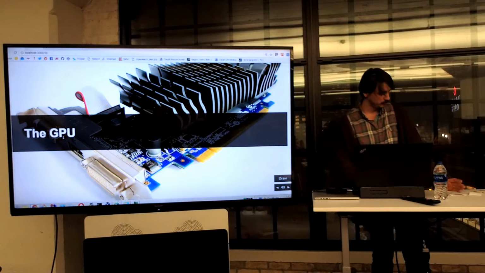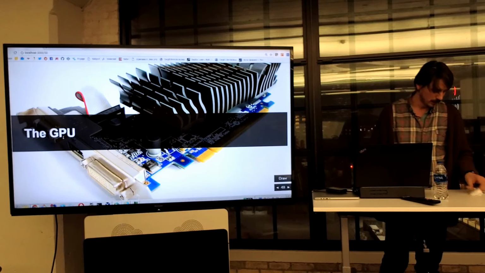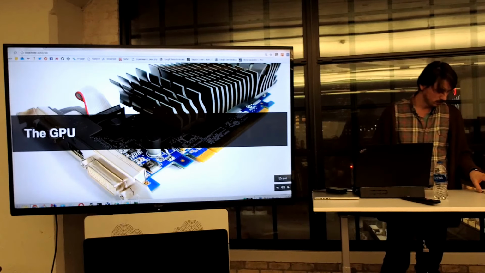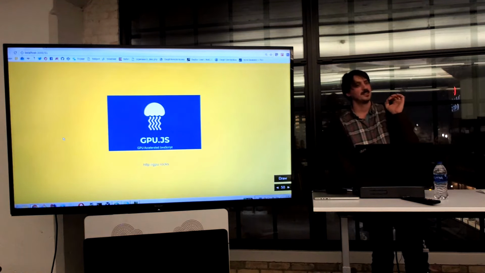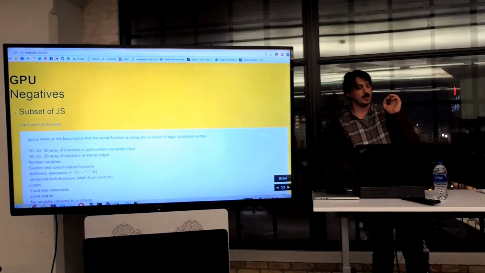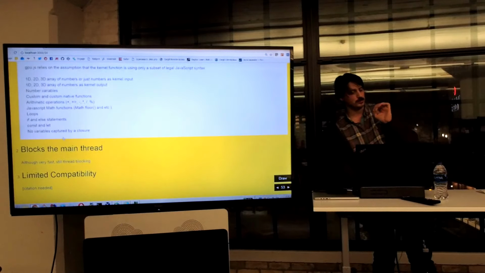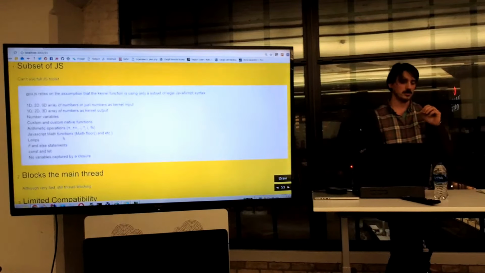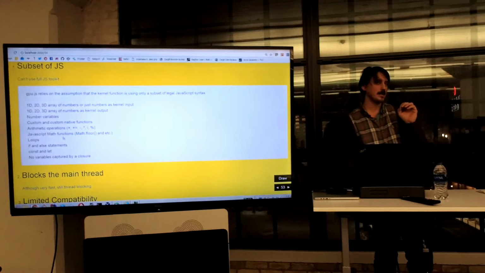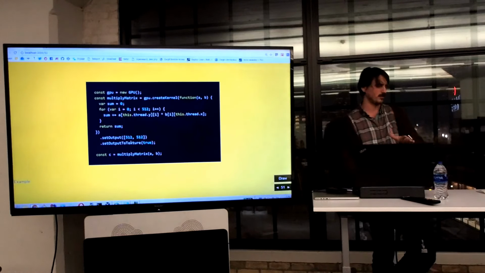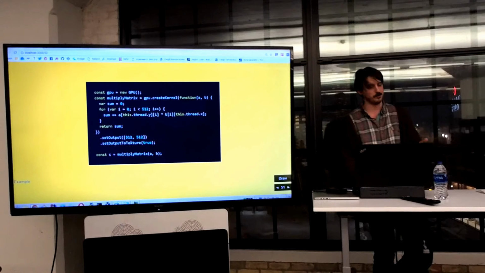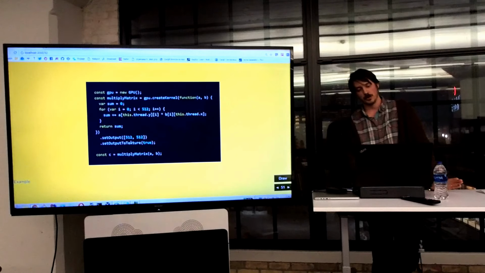There's another option, which is the GPU. Now, this isn't the GPU in JavaScript. It provides to you a subset of JavaScript operations, which means you can pass something, you can pass a 2D array to it. Here, I'll give you this example. And this is actually a specific library that I've played around with and not used in production. But it's cool, because what it does is